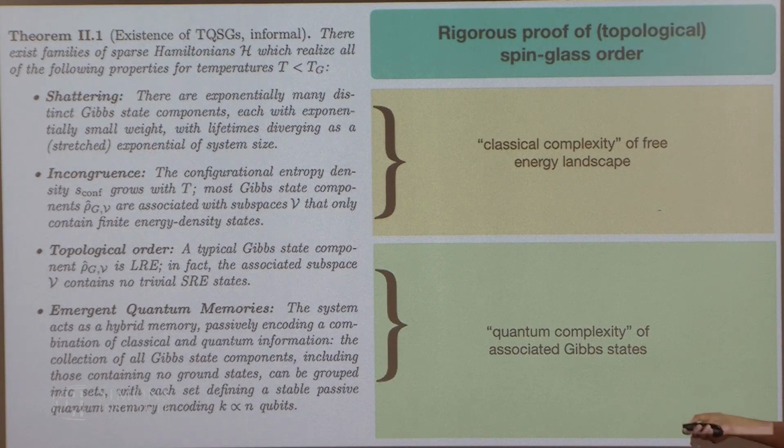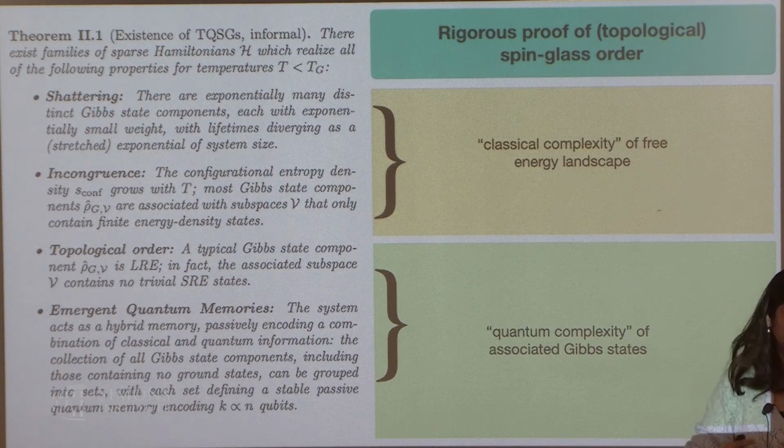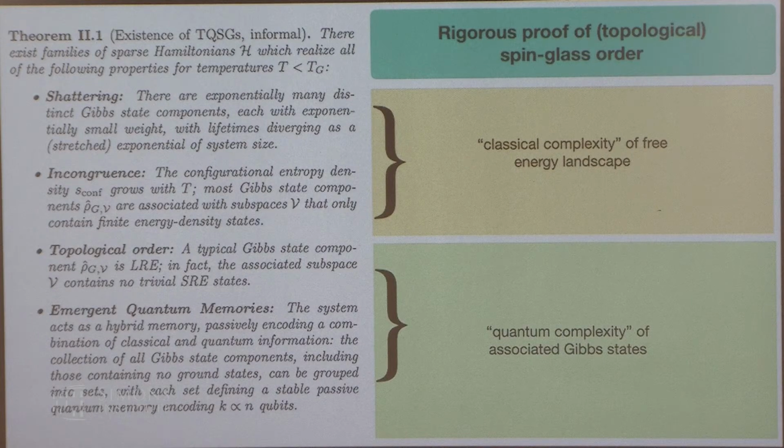Okay, and finally, these models are going to form many emergent quantum memories. I use the word emergent because there's going to be quantum memory associated with the ground state manifold, but then you can actually use all of these excited state wells to also encode many, many more quantum memories. So there's going to be many embedded quantum memories within the same landscape, and the system actually preserves some combination of classical and quantum memory in a way that I'll make precise.